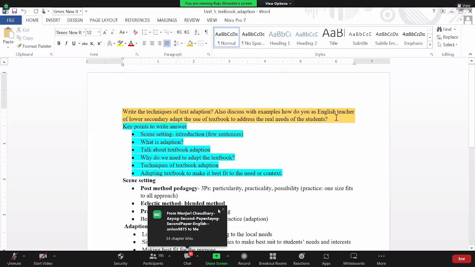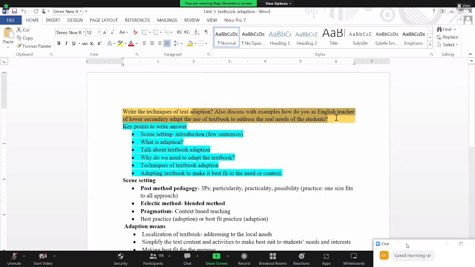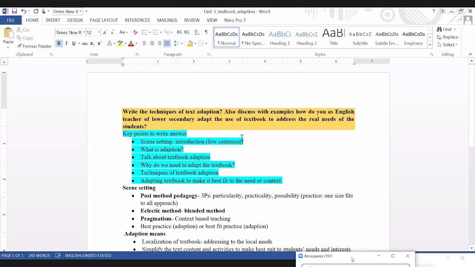In our last class, we were discussing text adaptation. This is one simple question. In our previous classes, I just want to remind you, we discussed curriculum and the different elements and components of the English curriculum,